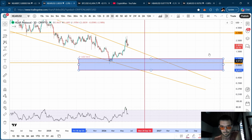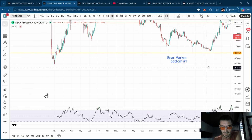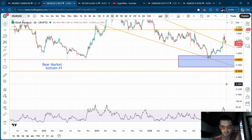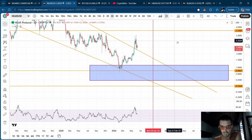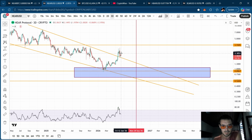up to here. And the reason is because now there's a few different support zones. There's still this support zone here at 53, so I think that's the max that we would ever go down to, because that's basically a macro low. We do have this level here at 90 cents being strongly defended. So that's a buying zone that I would recommend being a high probability area that it will sustain a support. Can it go lower? Yes. Will it go lower? I don't know. But there's a high probability that we'll see this zone tested again based on those factors